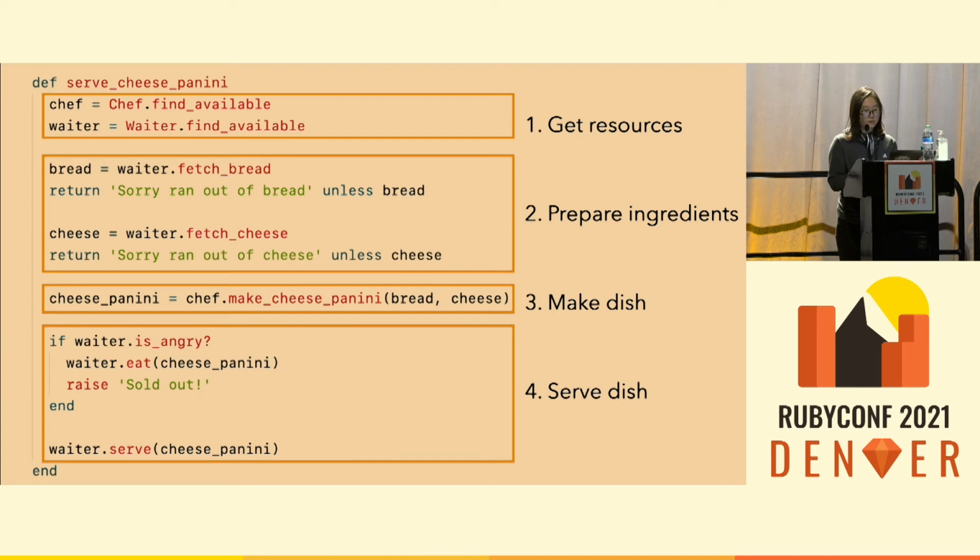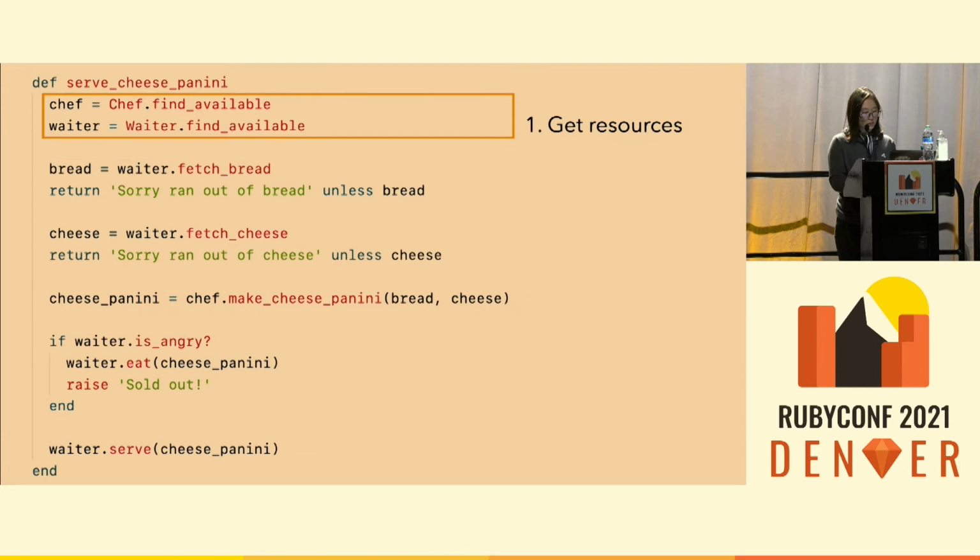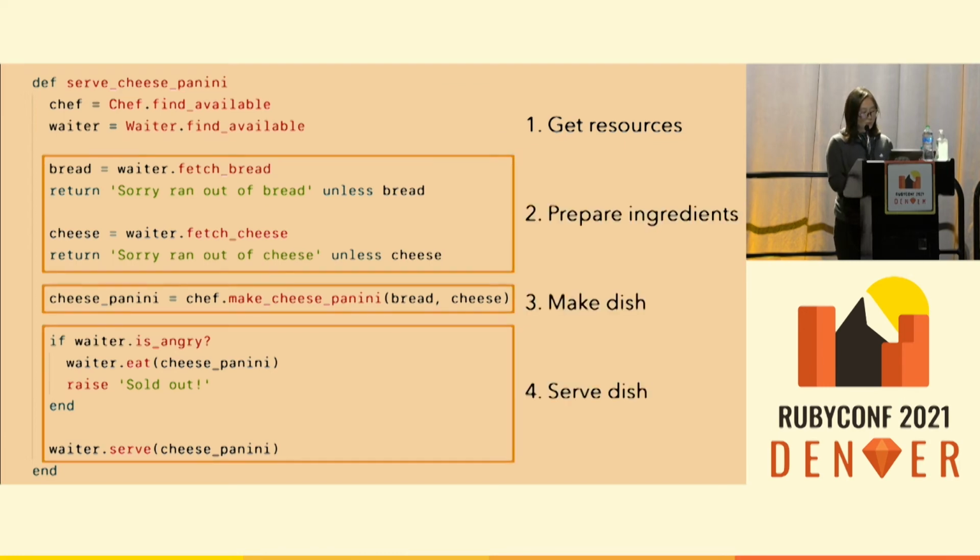Get resources, prepare ingredients, make dish, and serve dish. So first, get resources. This part is fine by itself, so we'll leave it alone. The rest is where we get mixed delegations and decisions.